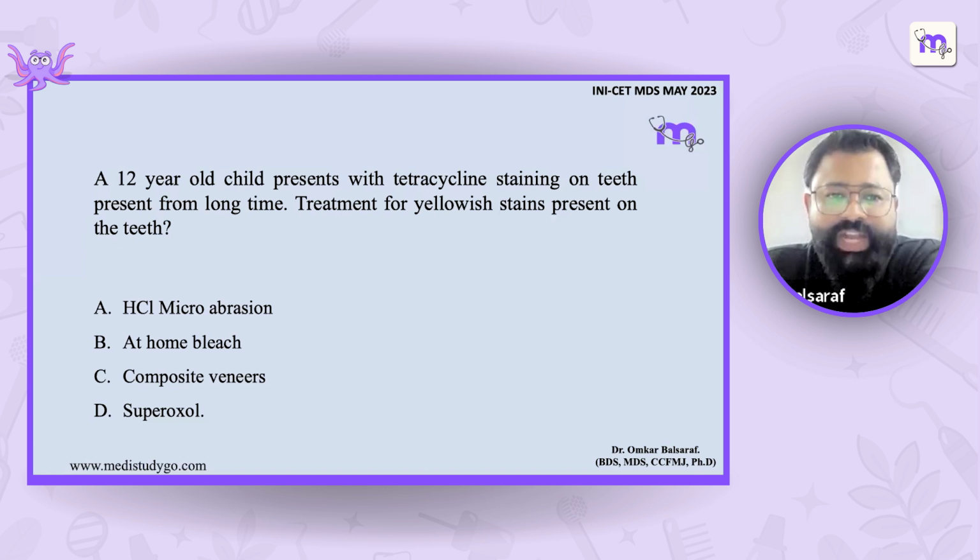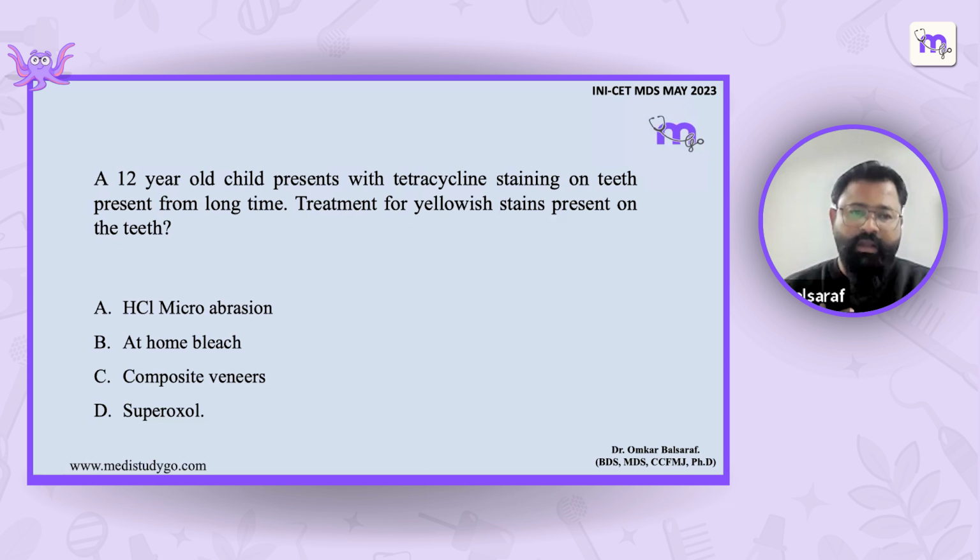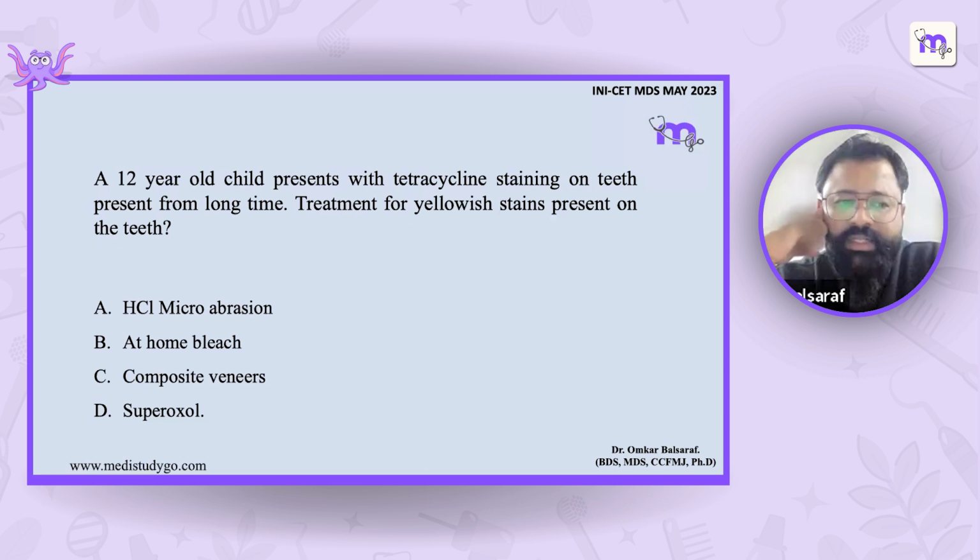A 12-year-old child presents with tetracycline staining on teeth present for a long time. Treatment for yellowish stains present on the teeth. What are the various kinds of treatment that you will prefer for this particular patient? Option A is HCl microabrasion. Option B is